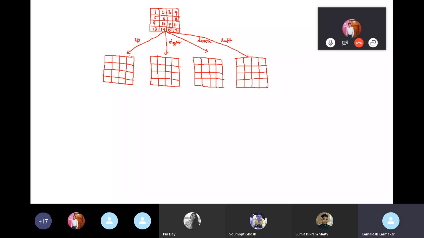So if it's an upward movement, then 3 will be placed here. If it's a right movement,